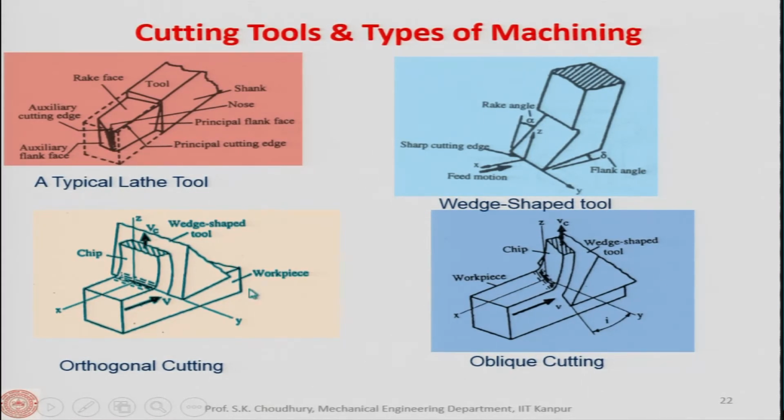So, here there is a pictorial view of the orthogonal cutting for you to understand that in case of orthogonal cutting, the cutting edge of the tool, you see this is also a wedge shaped tool like this. So, this is the cutting edge of the tool, this is perpendicular to the direction of the cutting velocity vector. So, the cutting velocity vector and the tool edge, cutting edge makes a perfect 90-degree angle, they are perpendicular to